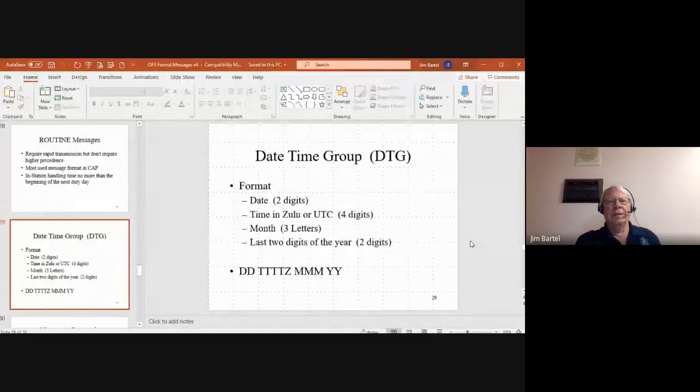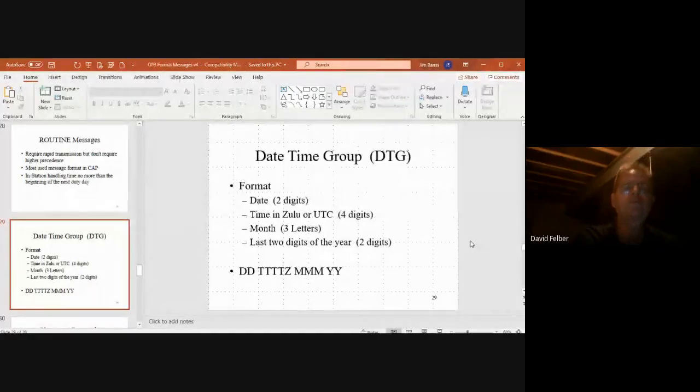Okay. Again, the date time group format: the date is 2 digits, time in Zulu is 4 digits, the month is 3 letters, and the last 2 digits of the year. The format shown down below, if I was originating a message right now, it would be